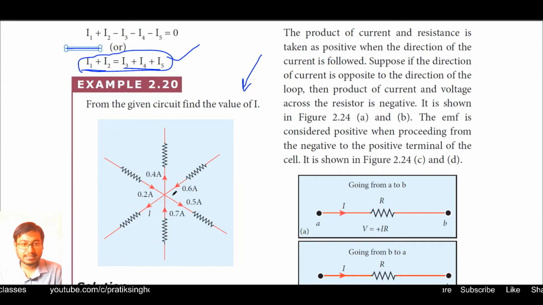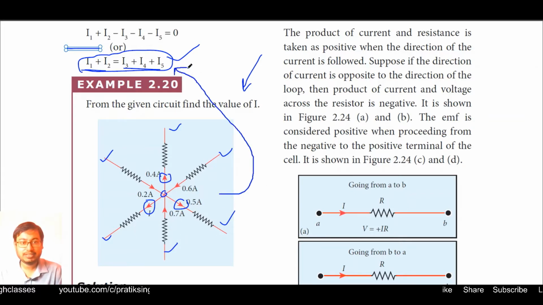So here you can see at the center this is the junction. And as you can see, the number of resistors is 1, 2, 3, 4, 5, 6. You can see from here the current is going outward, this also outward and this also outward, and the unmarked ones are coming inward. So for 3 resistors the current is going outward and for 3 other resistors the current is coming inward. So let us see how to find it out from this equation.